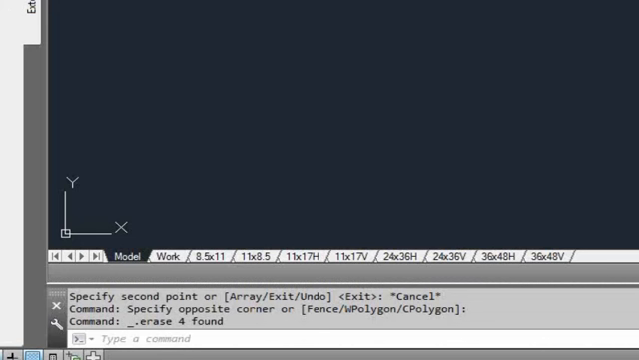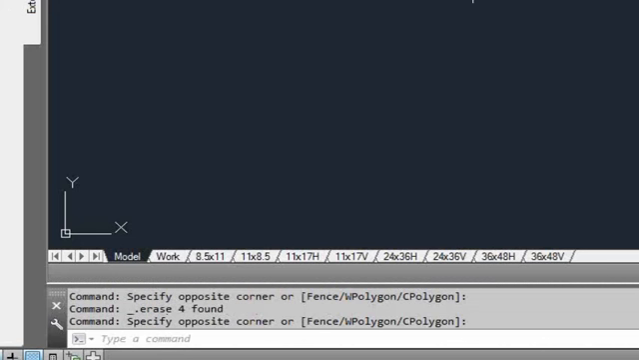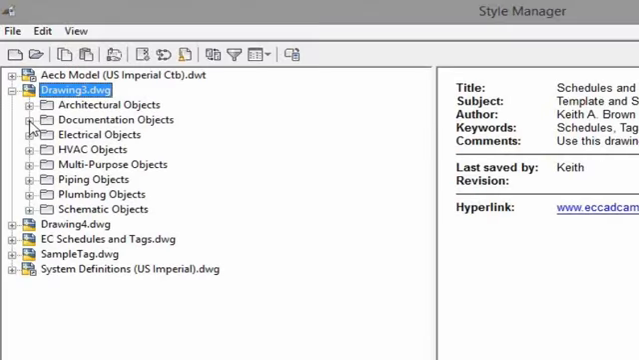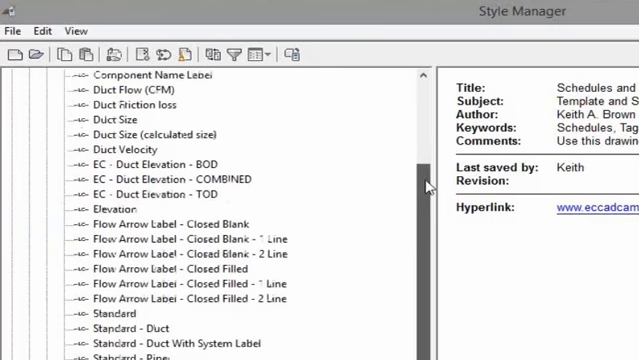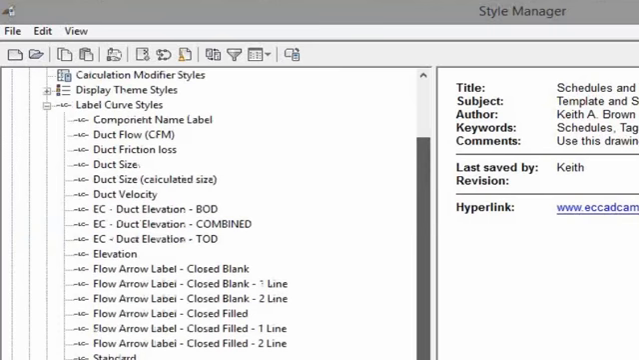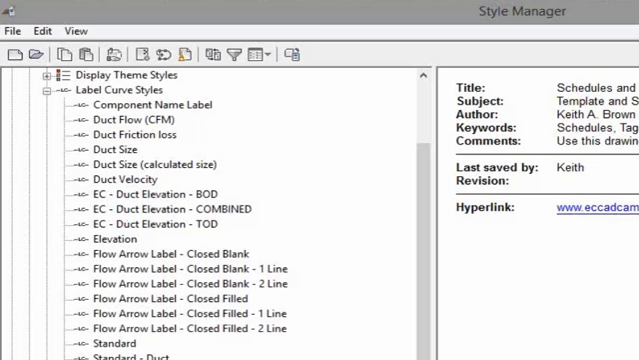So let's move in here to AutoCAD MEP, and let's go ahead and make a label. So I always start by bringing up the Style Manager, and under Documentation Objects, under Label Curve Styles, you'll see all of the currently selected styles for the labels. EastCoast doesn't supply any out-of-the-box labels for piping, because most of the generally used ones are already created for you by Autodesk. But if we wanted to create a new one,